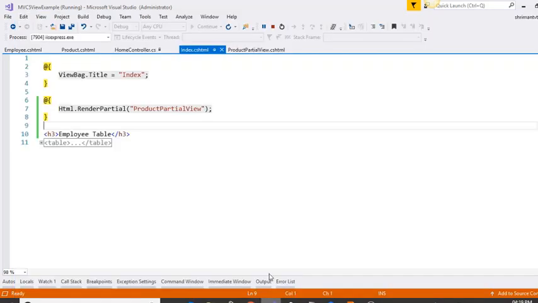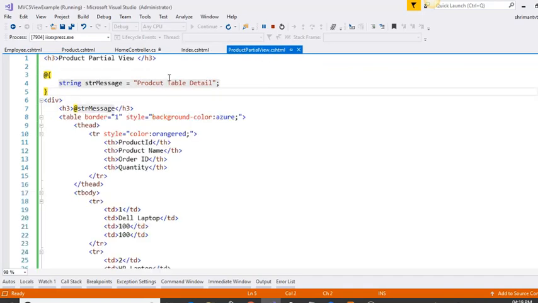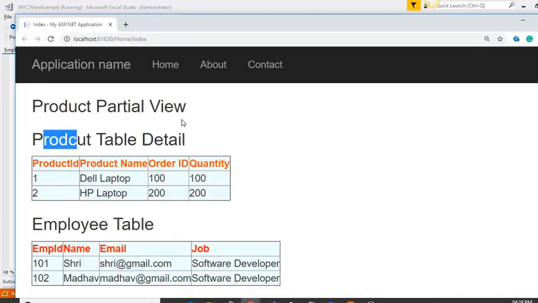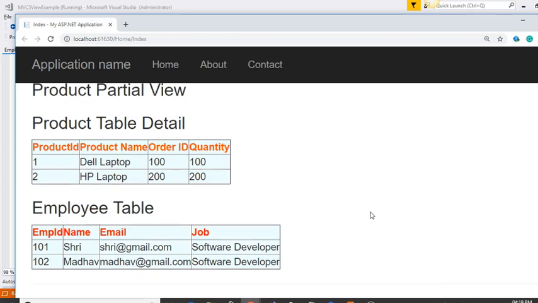I will change. So first we can see the product table detail, this is from the partial view, and employee table, this is from the index view, and